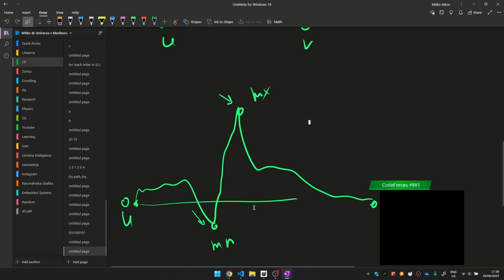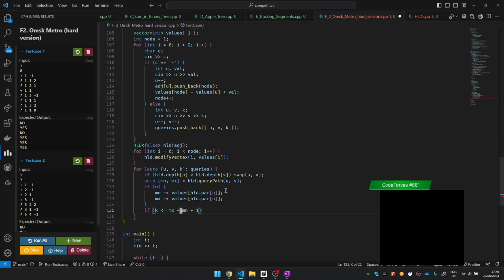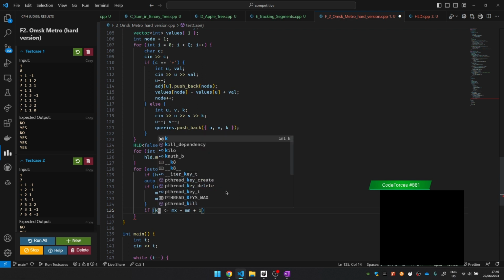So if minimum is like -1 and maximum is like 3, 3 minus -1 is 4 here. So we can start from -1 and reach all the way to 4 here. Yeah, that's one. That k is fine. That k is possible, but also k has to be